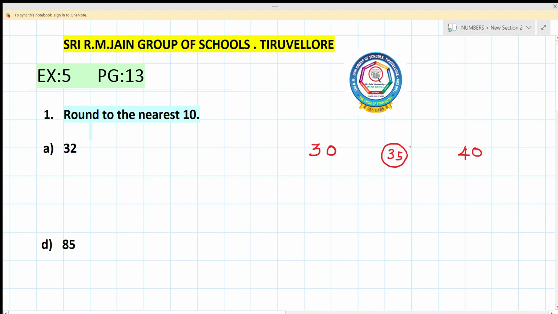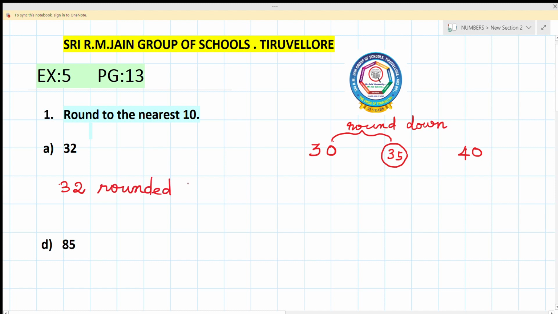which is suitable. So listen, 32 comes before the midway, that is the midpoint. So if a number lies before the midpoint, we are going to round down the given number. If a given number lies before the mid number, we are going to round down the given number. So here 32 is given. We are going to round down the given number to